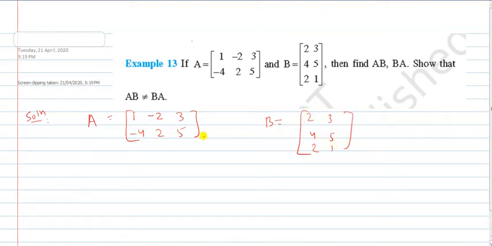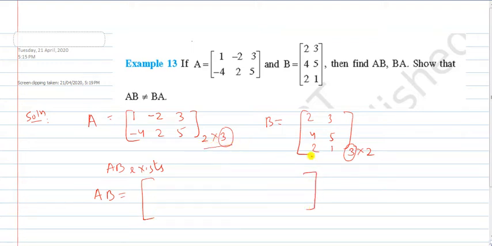Now let us first examine whether AB exists or not. So here it is 2 rows and 3 columns, and here 3 columns and 2 rows. So the number of columns in the first equals the number of rows in the second. So the first thing is AB exists, right? Then you write AB here,